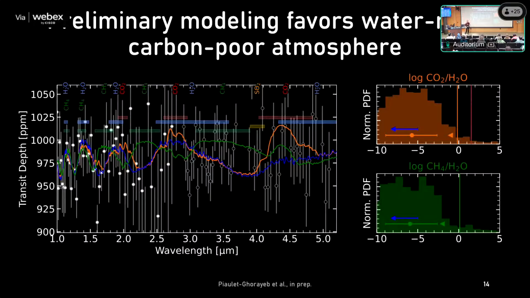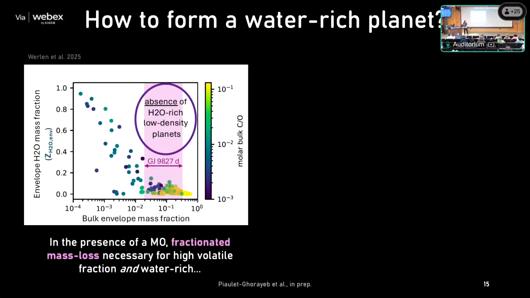This is actually a very reliable prediction from all models of interior-atmosphere interactions: you should have elevated atmospheric C/H ratios if you have a magma ocean, because so much of the water partitions inside. And in this magma ocean hypothesis, another challenge is explaining the low density of GJ 9827 d, that implies a high,